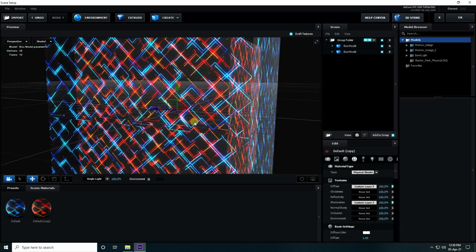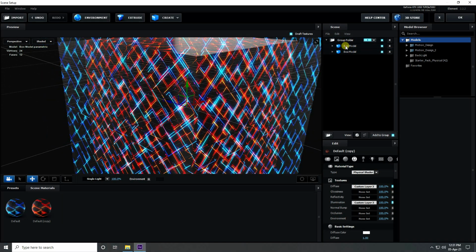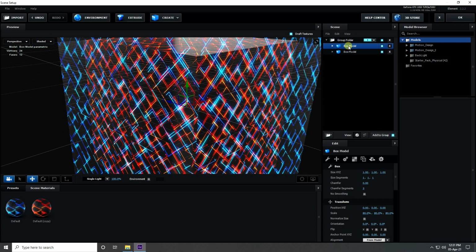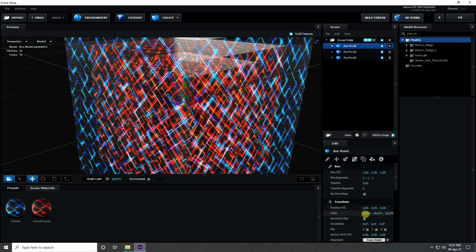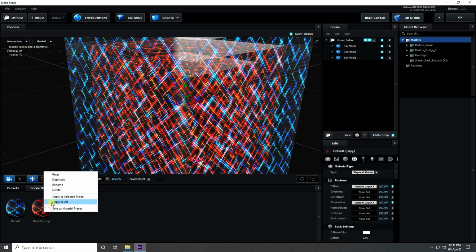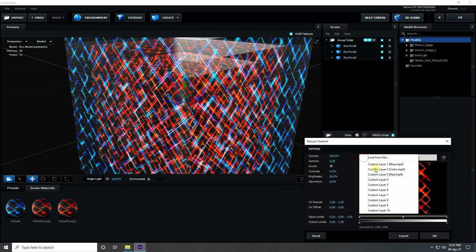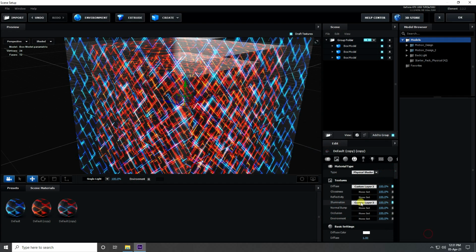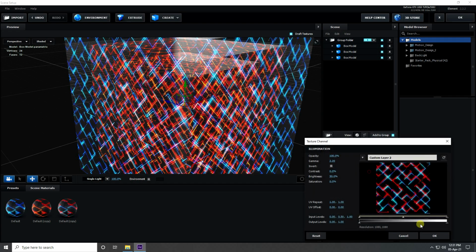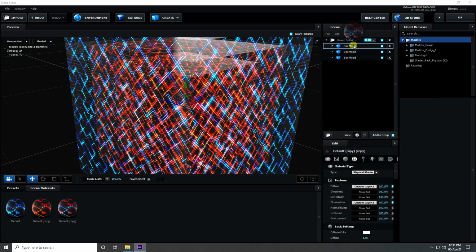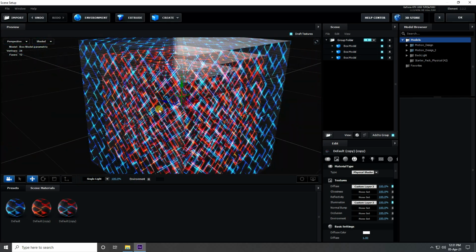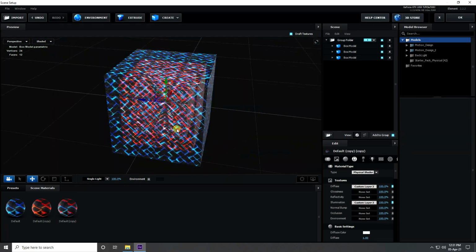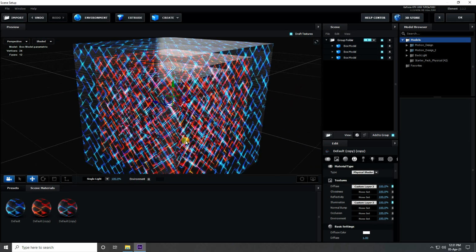Yes, see, right? Okay, so guys, now next one, select this box and again Control D, and scale size like 60. Yeah, and select this default material and duplicate. And now guys, I change texture like this and last one, and apply on box model. Yes, see guys, that's my texture, beautiful texture, right? Okay, so guys, my texture is finished.